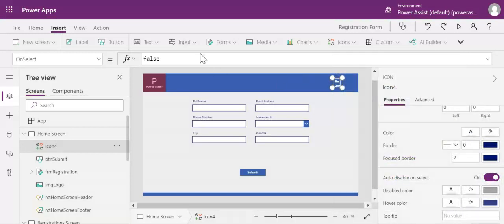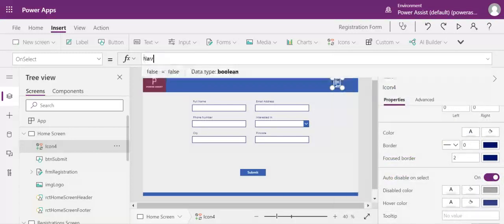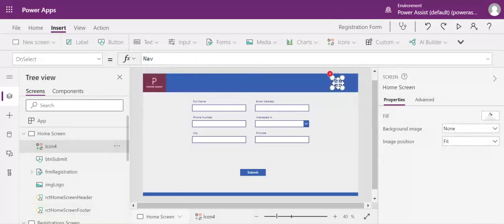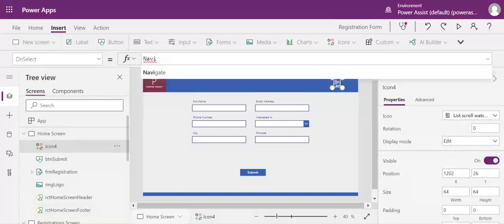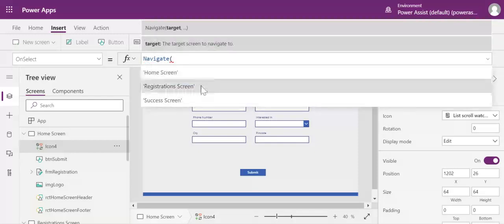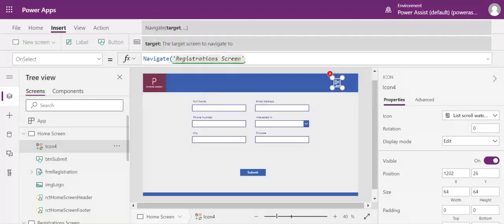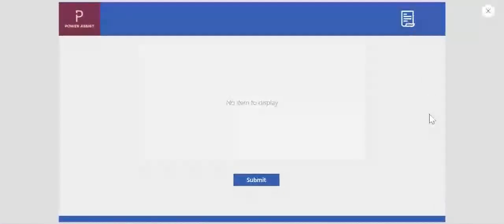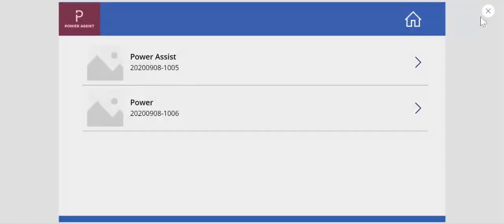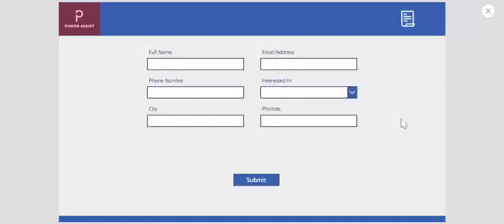And on this button selection, I am going to navigate to the registrations screen. So let us test this. Now if you go back, it is showing the form again, so it is getting reset.